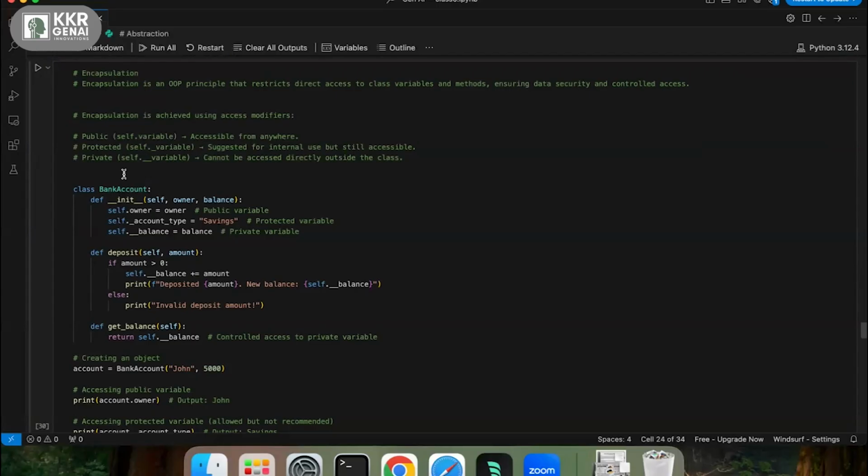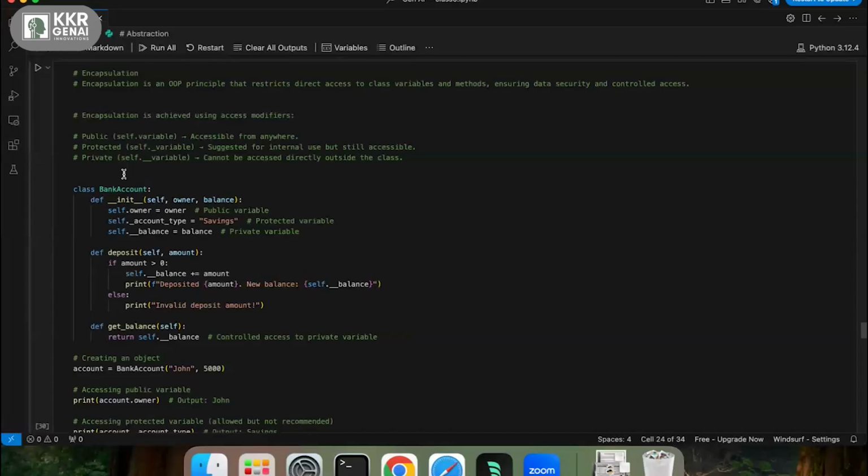And if it is declared as protected, it can be accessed in the present class, and it can only be accessed in the child classes. If it is extending that class, then only we can access the protected variables or protected methods.